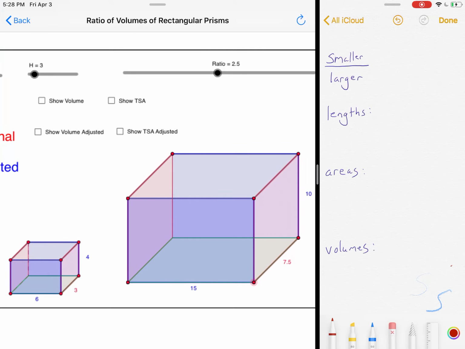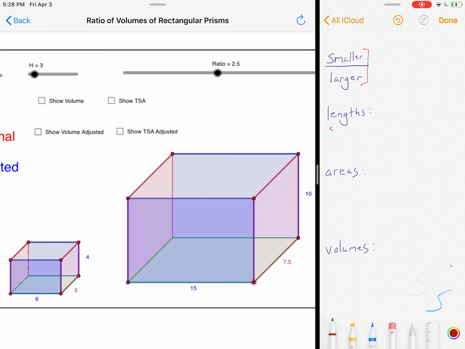All right, in this lesson, we are going to be discussing similar solids. And to start with, we're going to try to show or find some relationships between similar solids. Now, we know that similar figures have proportional parts or proportional lengths. So as we look at this, we're going to look at the ratios of the smaller rectangular prism over the larger rectangular prism. And we'll just go right ahead and start with the lengths, because the length also gives us